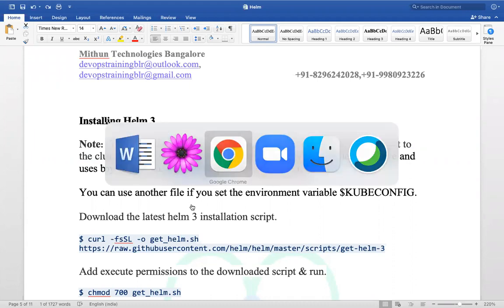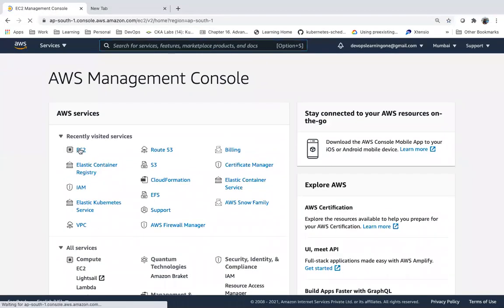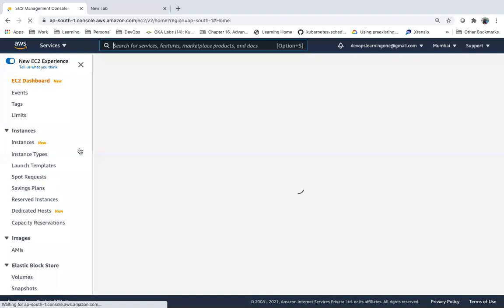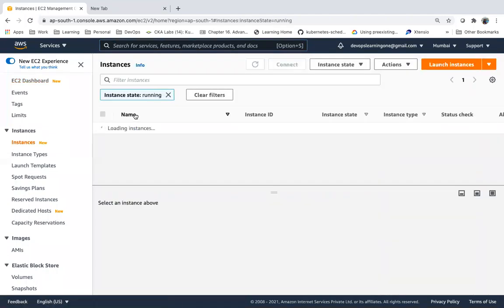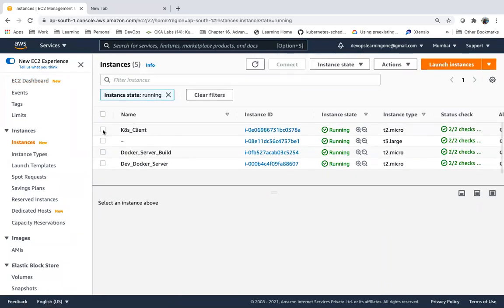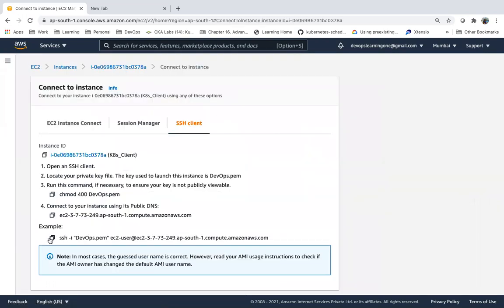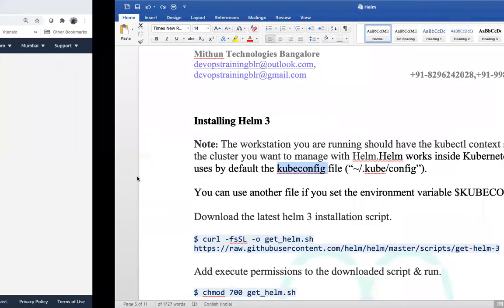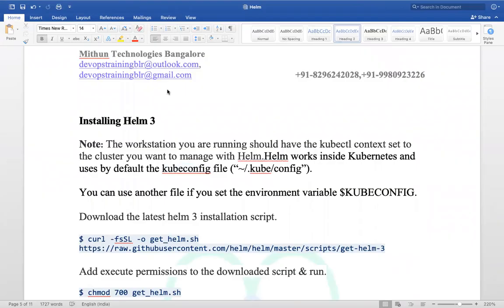So now I have a client machine. I have just one client machine. This Kubernetes client machine, right? This can be a Jenkins server or whatever.